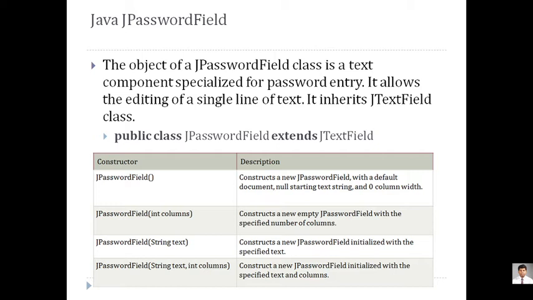Just for your information, as we know, in AWT there was no password field. Does anyone know how to make a text box in AWT? Is there any mechanism for making that text box a password field? Can anyone give me an example? Whether in AWT, which we saw yesterday or some weeks before, was there any password field we have come across? We have seen one in Swing, that is JPasswordField.